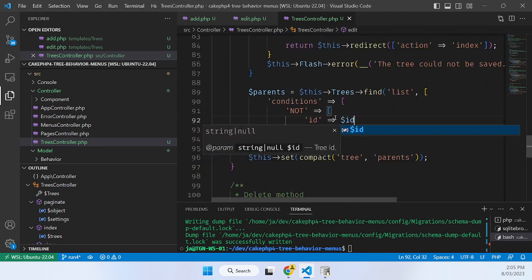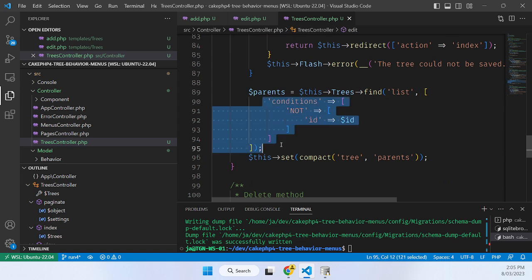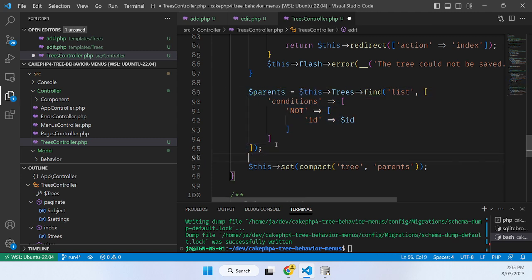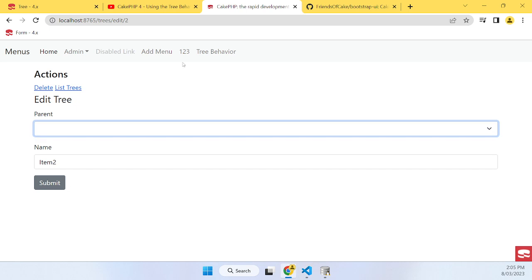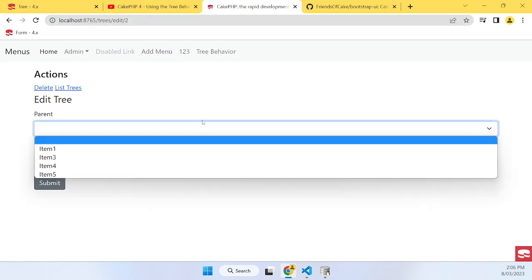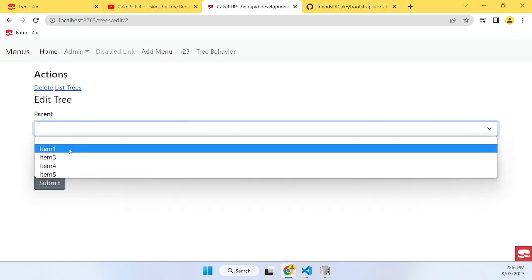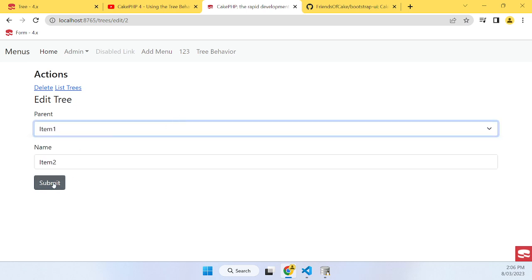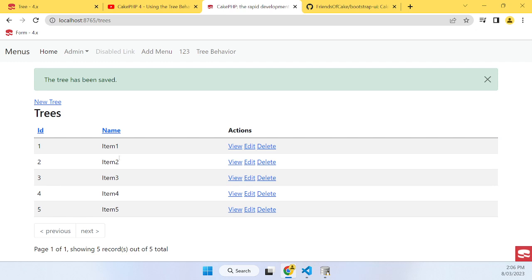So if we're editing, we want to say, okay, I want everything but the same thing, because an item cannot be a parent of itself. And once we've done that and we reload, we can then make item 2 a child of item